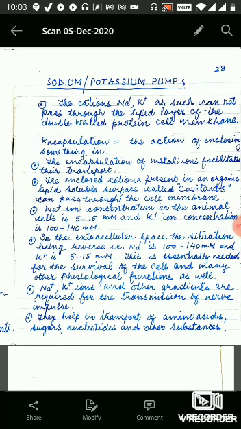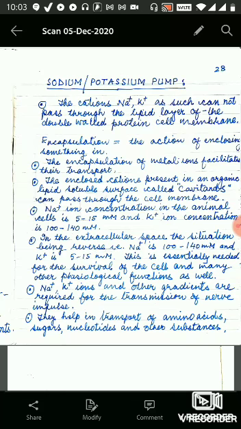The main function of the sodium potassium ATPase pump is to maintain the resting potential, so that the cells are kept in a state of low concentration of sodium ions and high levels of potassium ions within the cell, that is, intracellular. The sodium potassium pump mechanism moves 3 sodium ions out and moves 2 potassium ions in, thus in total removing 1 positive charge carrier from the intracellular space.